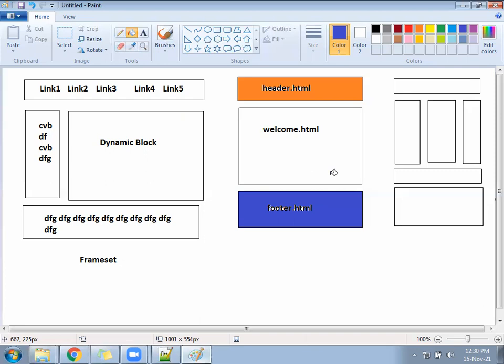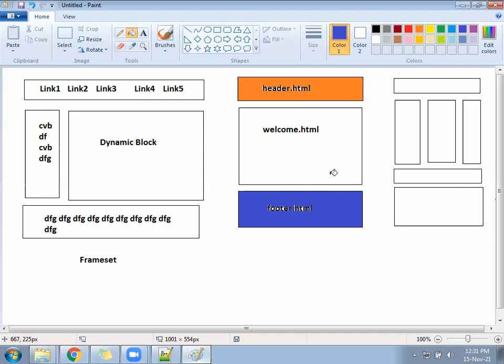A developer calculates for 100%, and will not calculate for 10 pixel or 20 pixel or 100 pixel. If you calculate 100 pixel, 200 pixel, then you are using your laptop. Your laptop screen height is 1500 and width is 2000 pixel. If you write according to your laptop, your page will not work in my system, because mine is height 800 and width is somewhere different. So it will work only in your system. So you will not do the calculation of pixels, you will do the calculation of percentage. We are going to learn the difference in CSS.